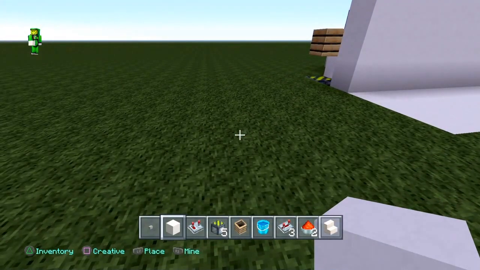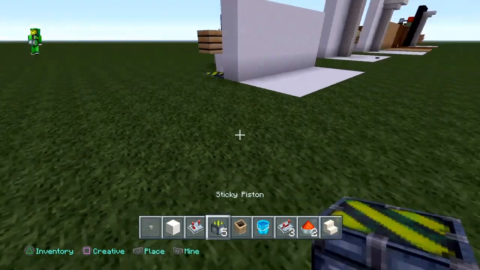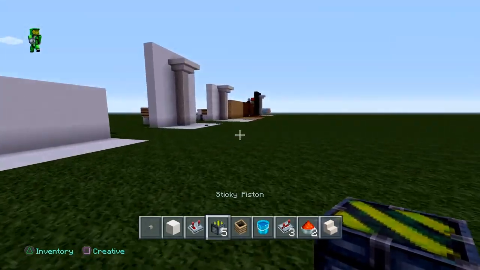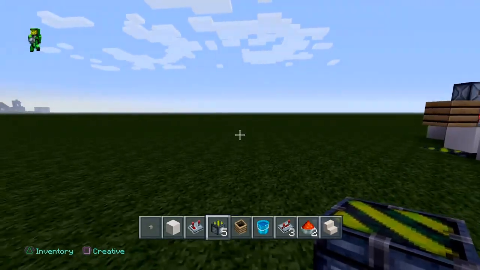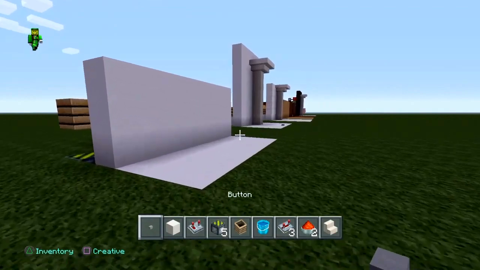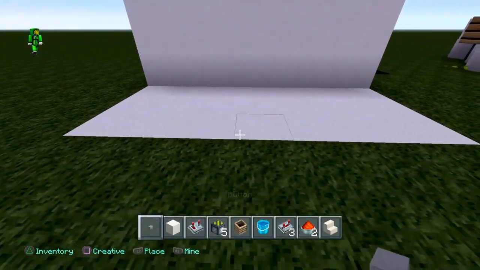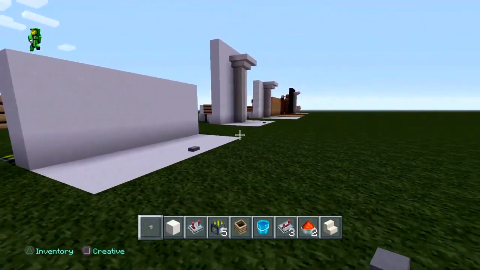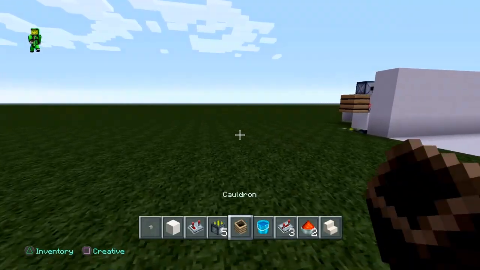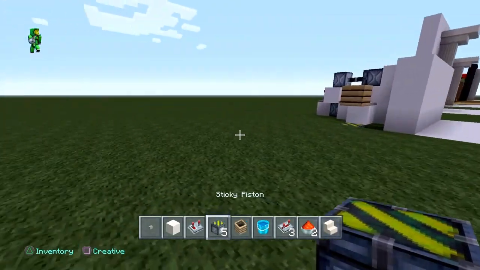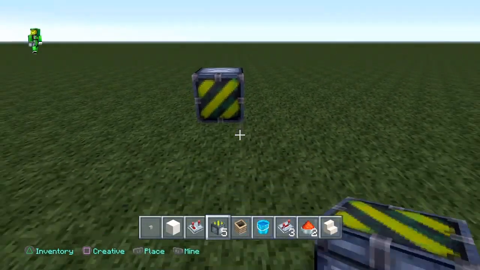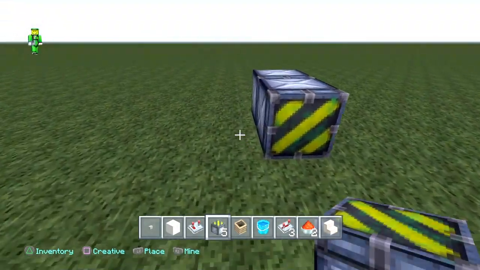And now we are going to move on to the stairway design, and the stairway design is a lot easier, and most people would think it was a lot harder, but it is a lot easier because it's only going to be one double piston extender. So we are going to literally put two pistons down,